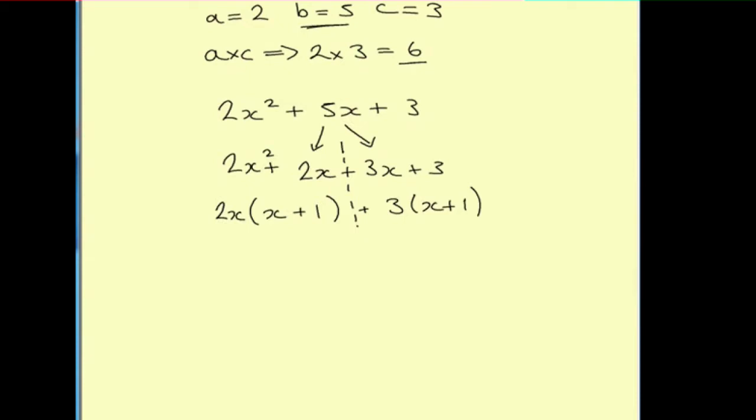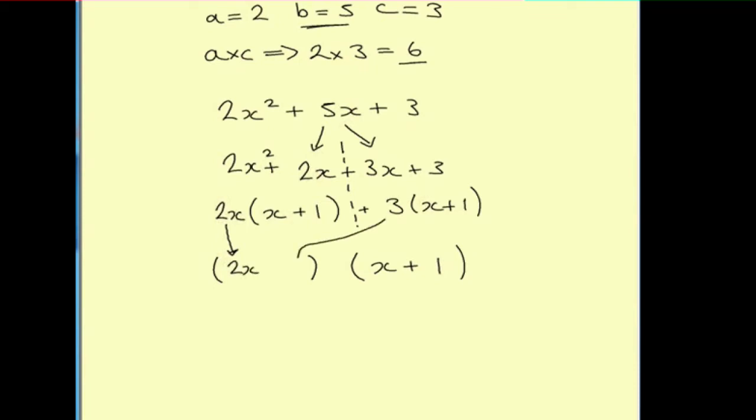Now you should notice that there is a repeated factor, which is x plus 1. Now this looks a little bit ugly, so we need to tidy it up a little. So what we do is we put two brackets, and in the right hand bracket we put the repeated factor, and in the first bracket we put the first term outside the first bracket,